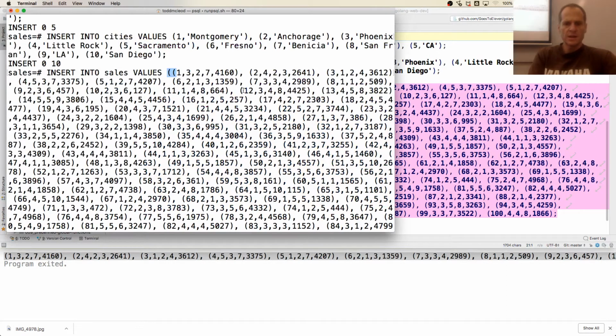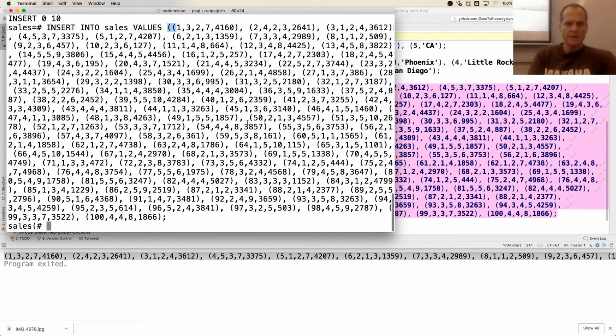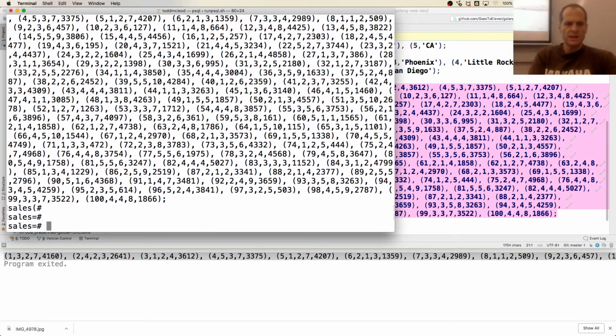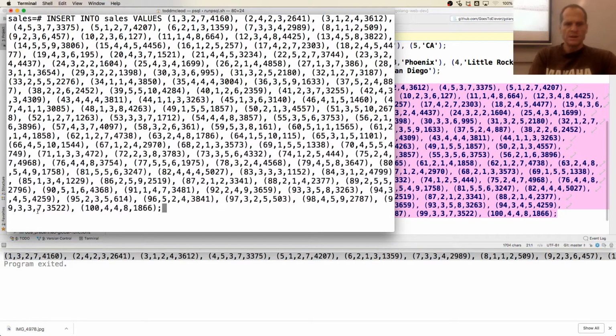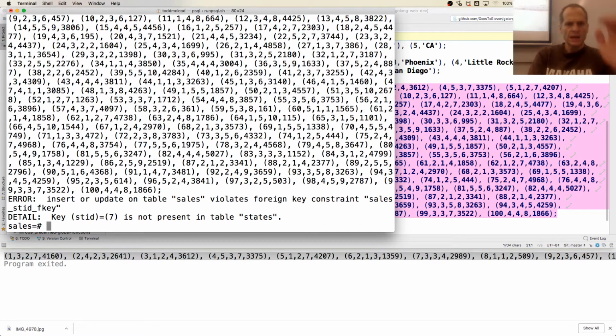Let's do this again. And I have to get out of this. I'm going to try Control-C. Control-C got me out of that command with that paren. Paste it once more. And insert or update on table sales violates foreign key constraint sales STID F key. STID 7 is not present in table states. So STID 7,